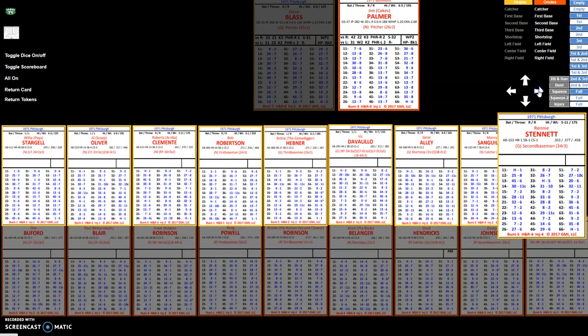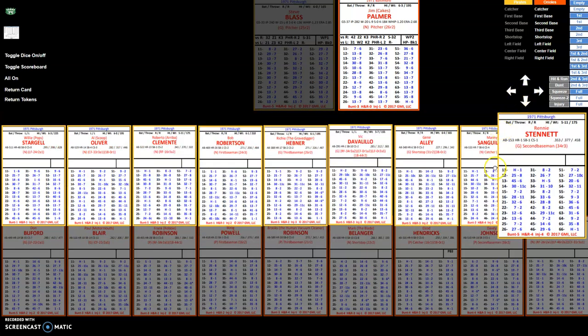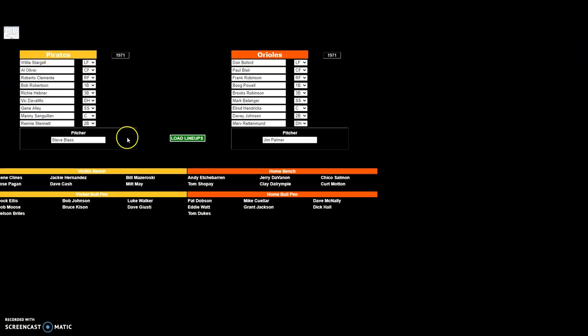You can see it does bring up the one on the end so you can see it. Okay, let's see. If you want to use the scoreboard, you can turn it on. Oh, to make changes in the lineup, you can just come in here. Say you want to pull the pitcher, he's getting